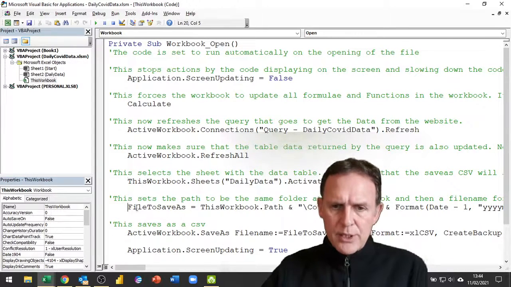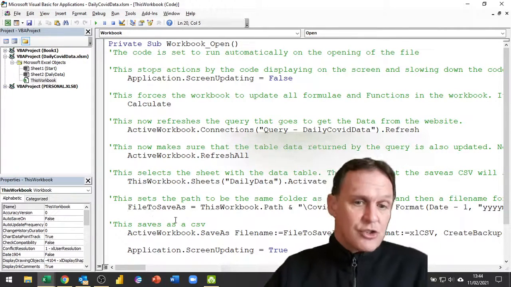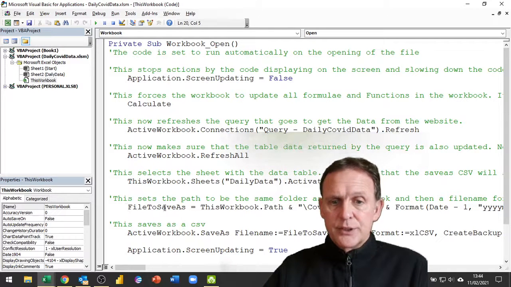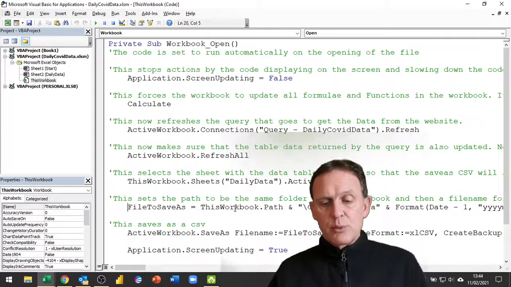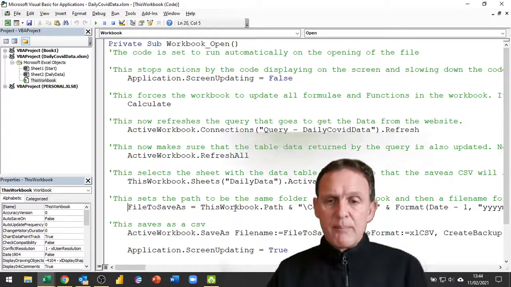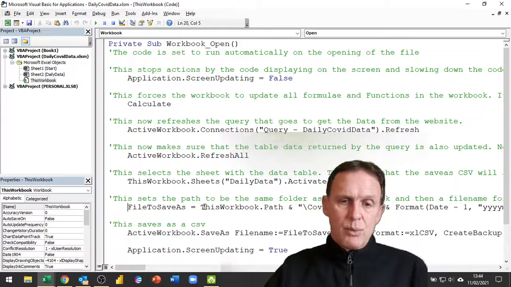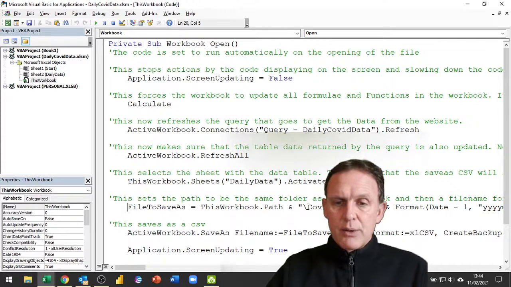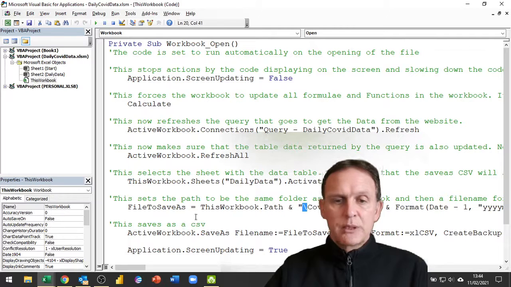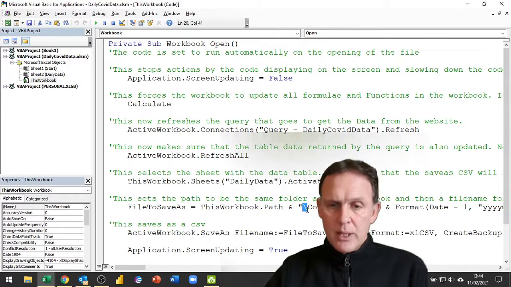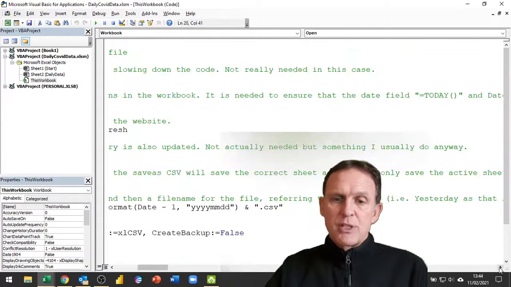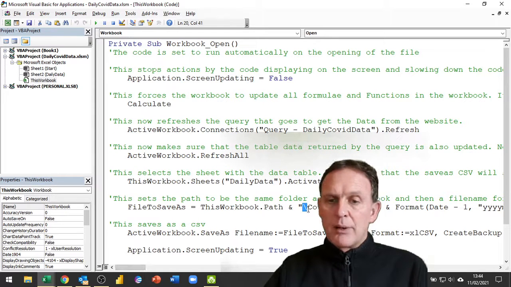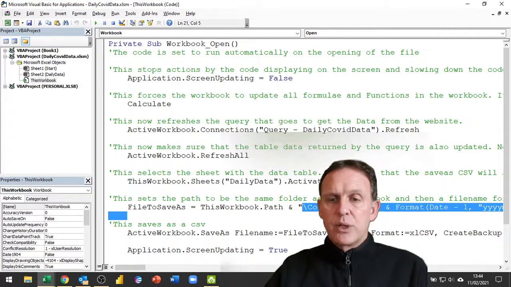Okay, the next one is telling it what it needs to save it as. So I've got this variable file to save as, and I'm building that up with a path. Now the path is the same as this workbook path. In other words, wherever this Excel file is saved, that's the same path that I want to save my CSV. And I'm then joining that together with some text. Now it is important to put in the / because the path itself doesn't include the folder slash. So I'm now specifying that within this workbook path I want a subfolder which is called COVID Daily Data,